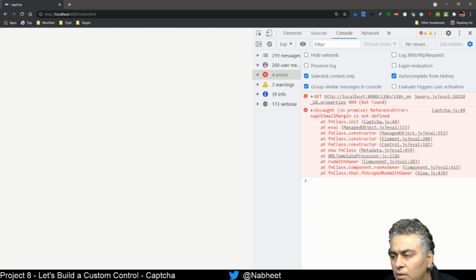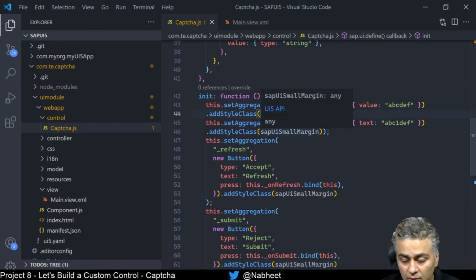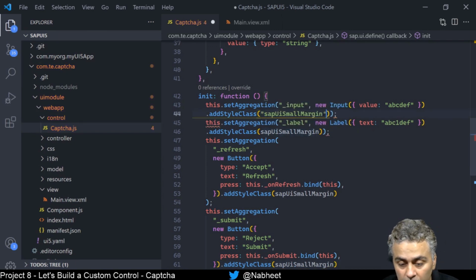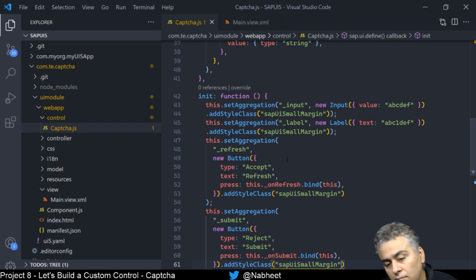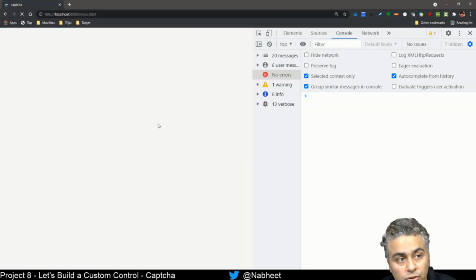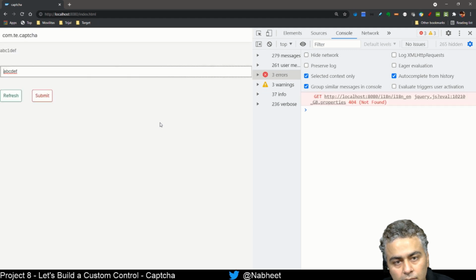SAPUI small margin is not defined. Why? Why is it not defined? Another mistake. It is not a variable. It is a string. So let's see if something happens. Good. There is some, I think we need some margins on the left hand side, otherwise it is a bit